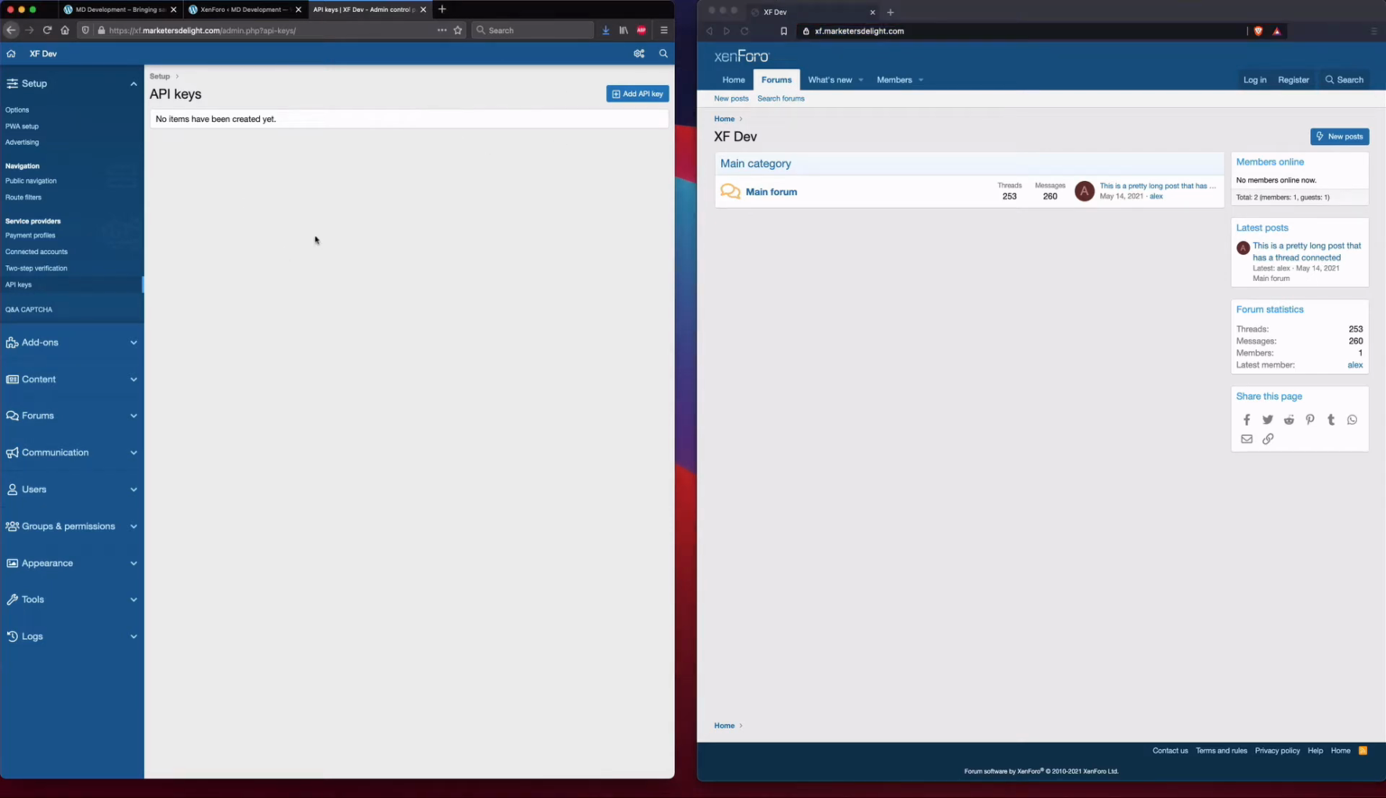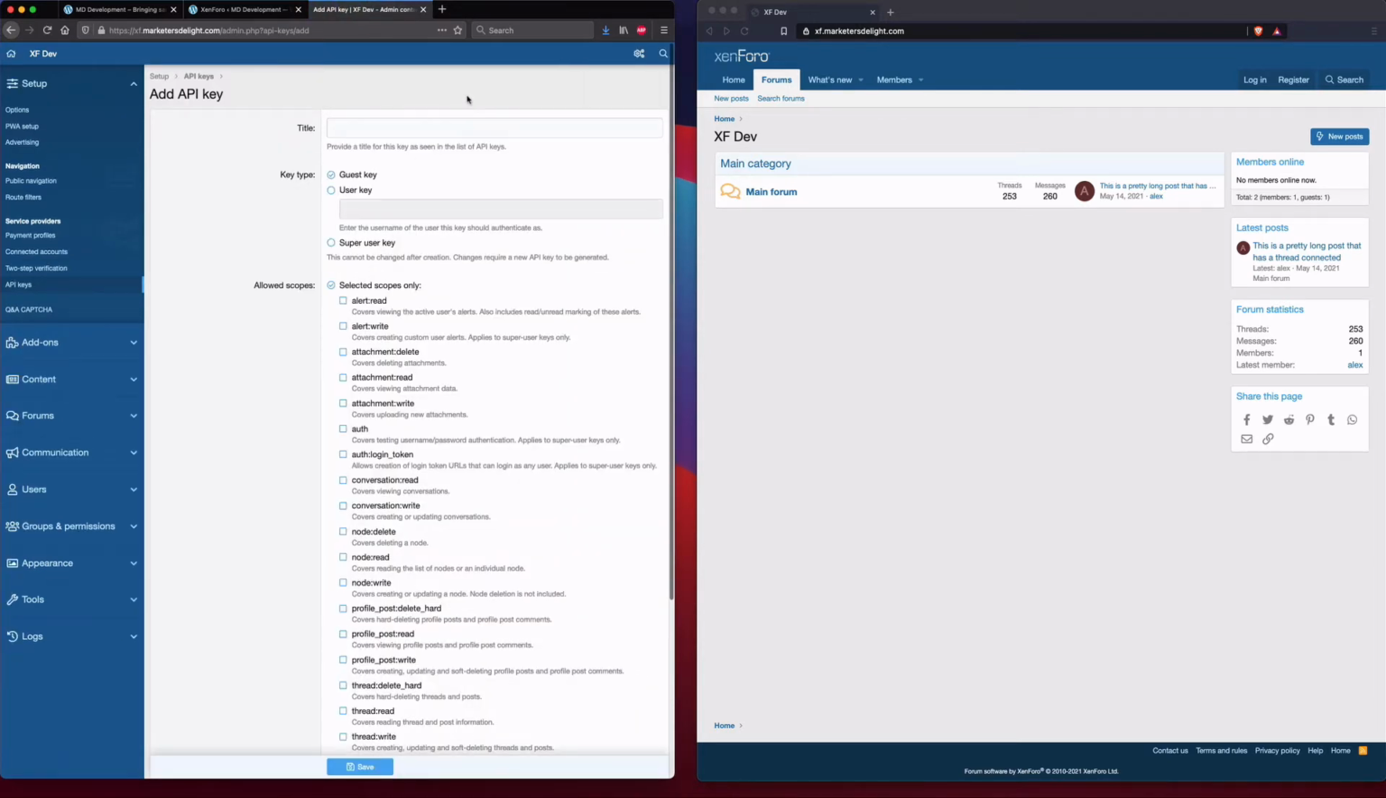But over here, we have some admin stuff. So I'm going to go and create a new API key. And keep in mind that for all this stuff to work, you are going to want to be on the latest version of XenForo, at least version 2.2. So once we're here to create an API key,